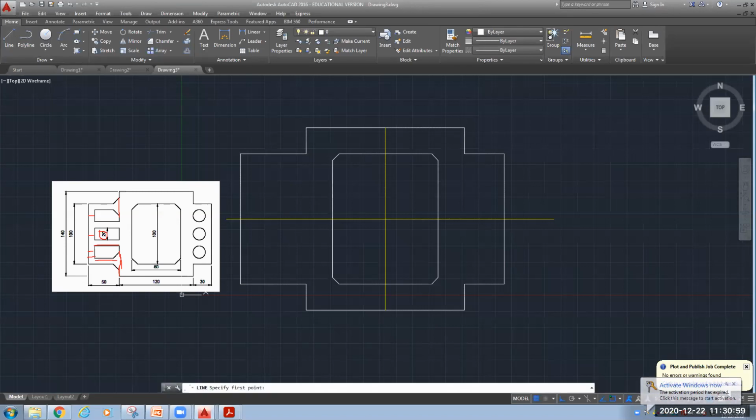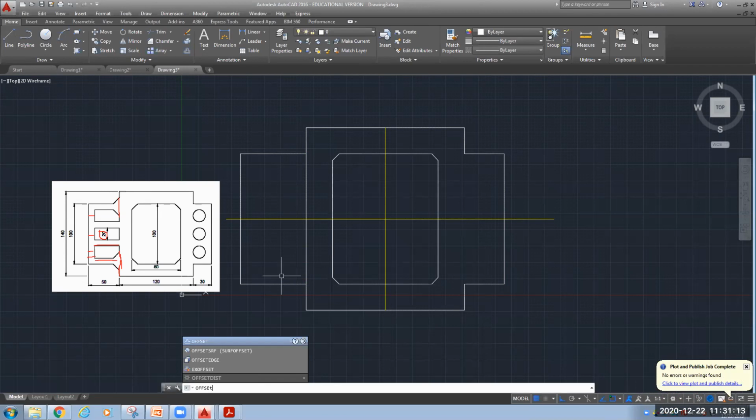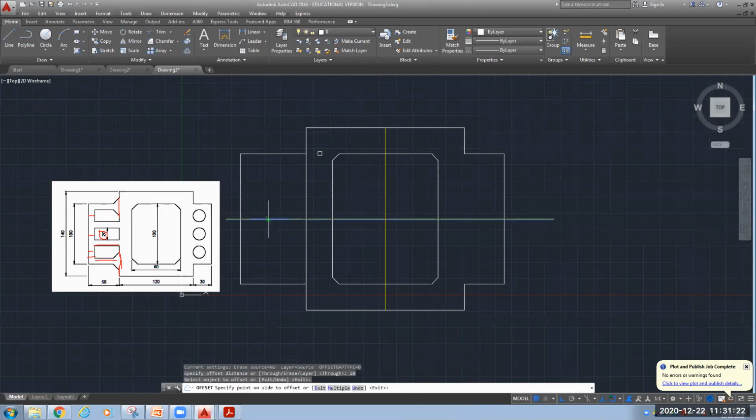So let's take one line and I will connect this line from here to here. This is a temporary line. Okay. Now what I will do, I will offset this line. See, there are many ways to draw a single figure. You should know what is the command that you can use. Okay. And using those commands, you can draw any number of figures.